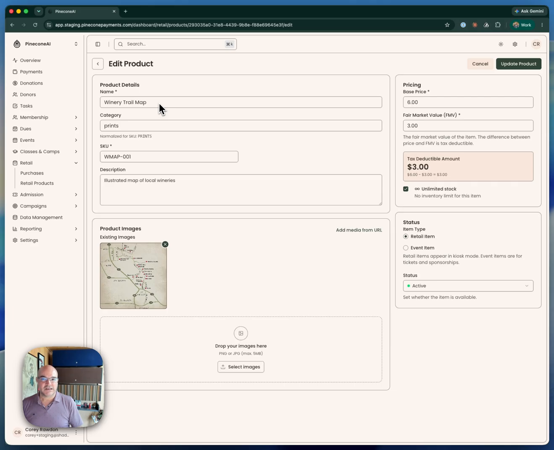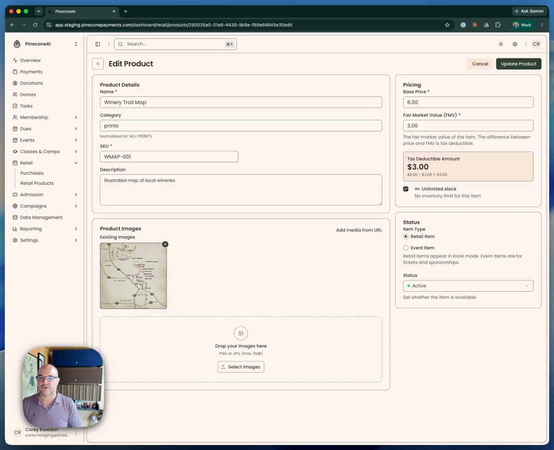The name of the product is publicly facing. This is what your donors will see. A category is used for quick access to all retail products that share that one category. If you have postcards, stickers, mugs, pens, books, etc., selecting and labeling a category for those allows you to easily tap on a category listing if you're on a tablet, for example, or choose to select that with a mouse cursor if you're viewing the kiosk form on a laptop or a desktop computer,